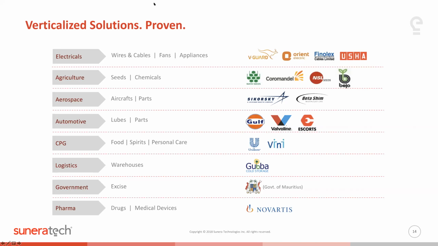agriculture industry, aerospace industry, automotive industry, consumer packaged goods or FMCG industry. Logistics companies also use our solution. The government excise control also uses our solution. And we do work with pharma companies as well. So all in all, if I go to the next slide,